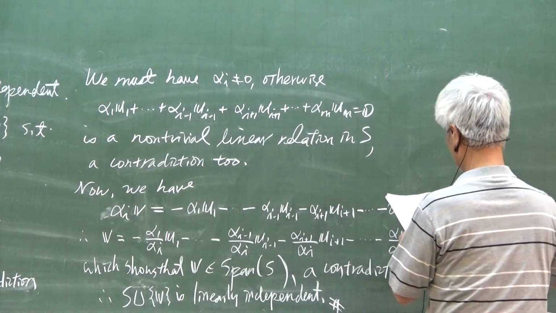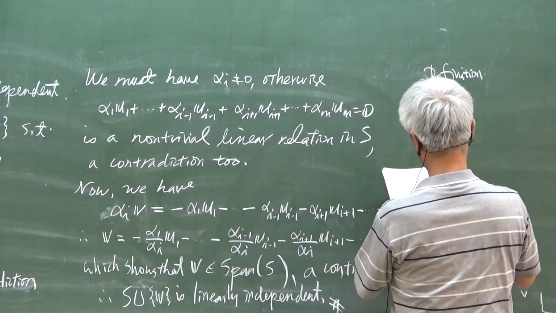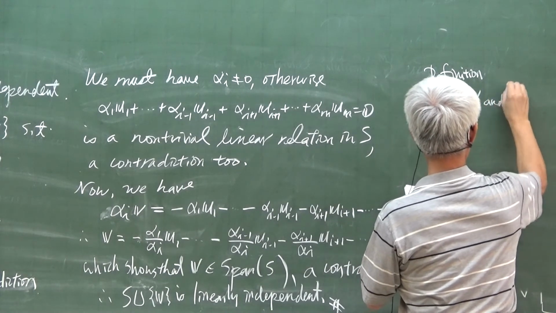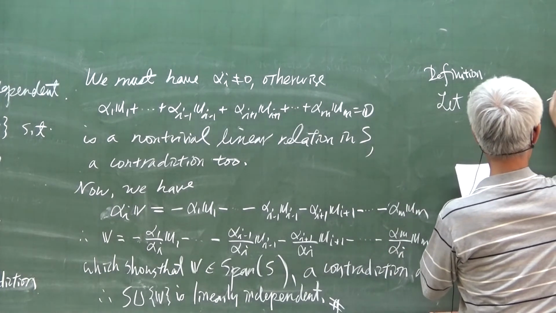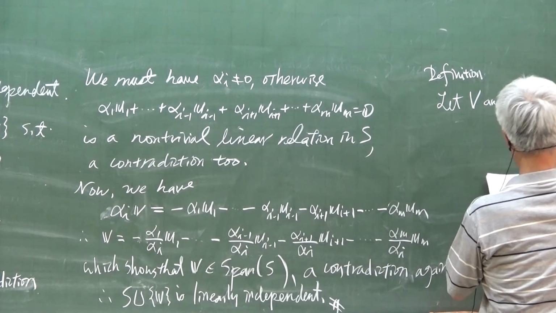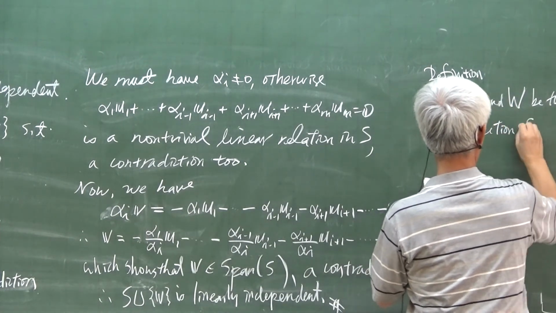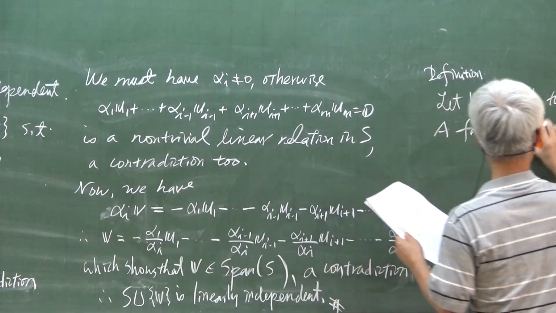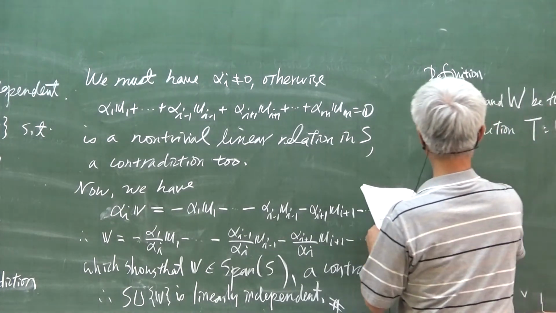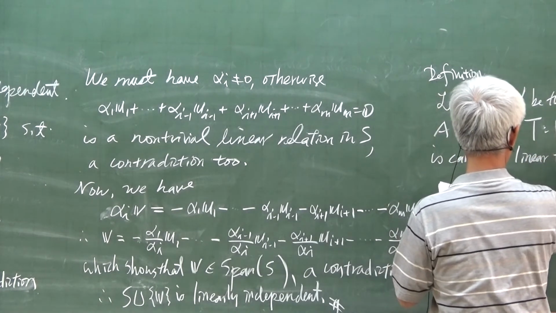Okay, I have some time to write a definition. Let V and W be two vector spaces. A function f, or T, that is T, right? A function T from V to W is called a linear transformation